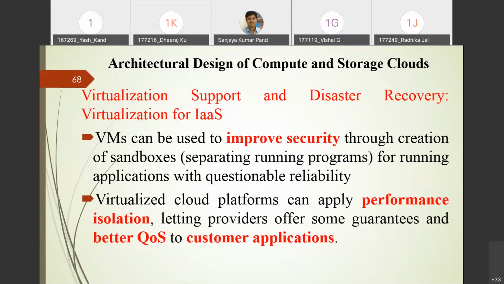Although it is challenging, it is possible with the help of virtualization technology. And you can provide better quality of service to the customer application. Based upon the customer requirement, you can create the virtual machine and deploy it on top of the physical machine, right? And you can achieve whatever quality of service is asked by a particular user.